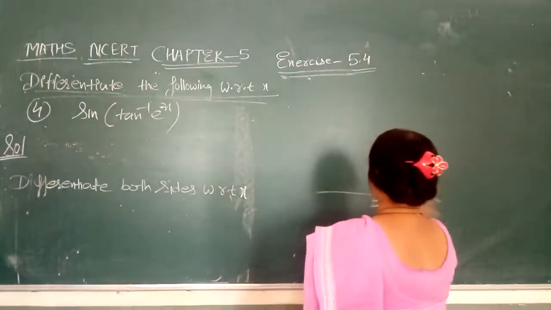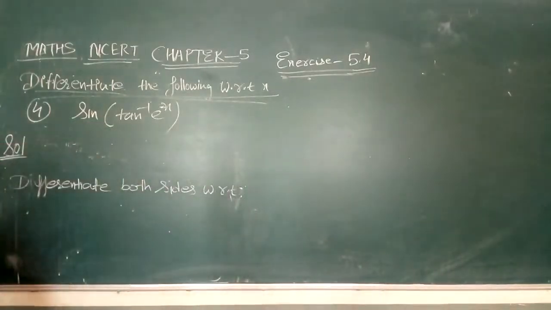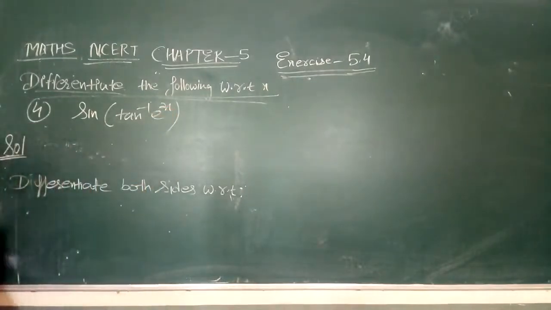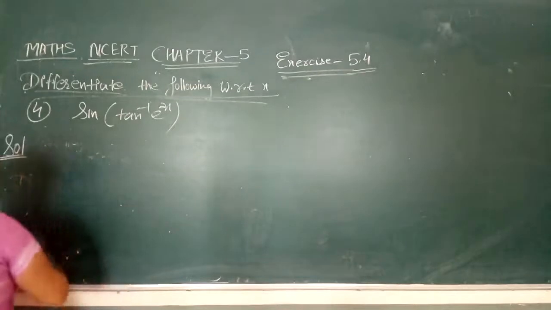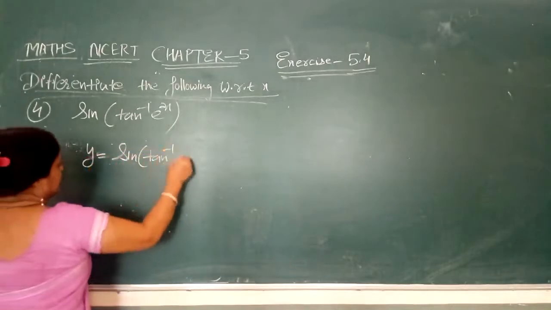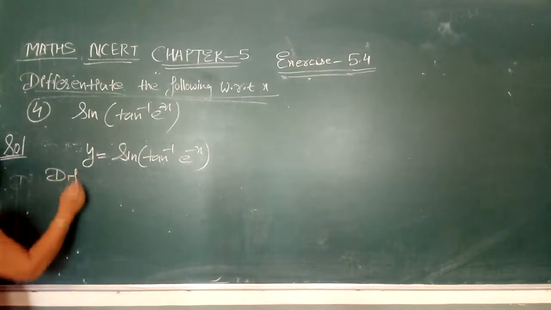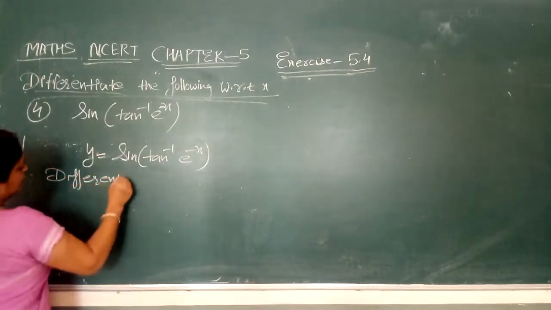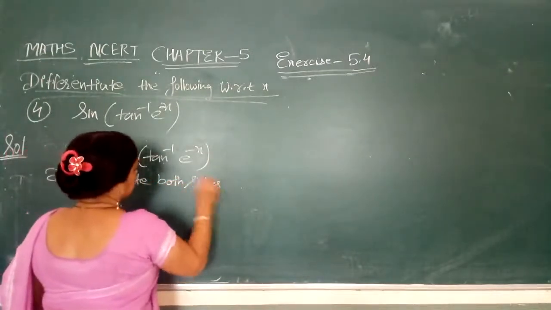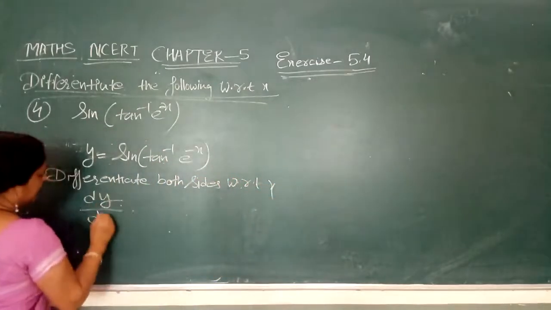What is given here? Sine of tan inverse e raised to power minus x. Now let us start the solution. Let this function be y. y is equal to sine of tan inverse e raised to power minus x. So we differentiate both sides with respect to x. So it will come dy upon dx equal to